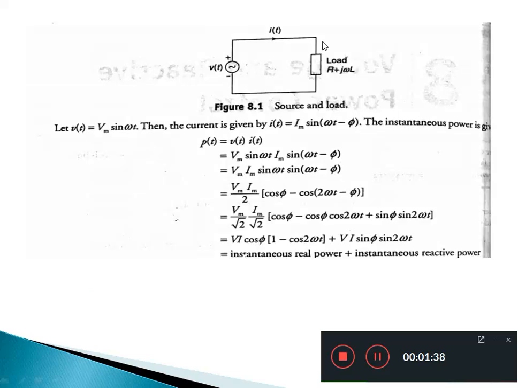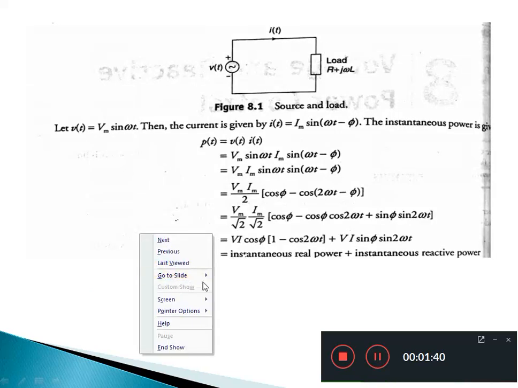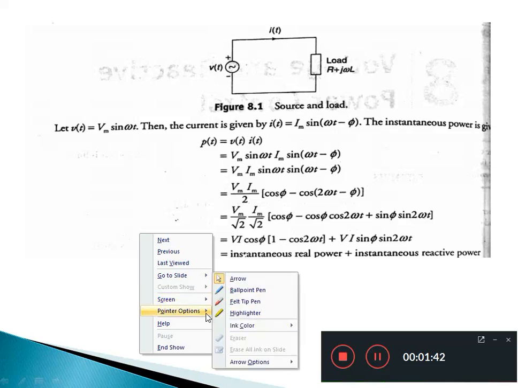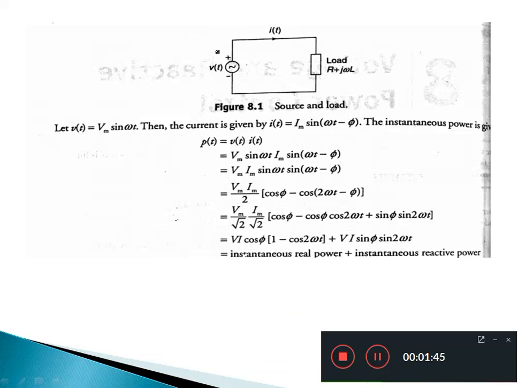So this is the pictorial diagram used for the generation of reactive power. Here there are two blocks, one is the source and the other is the load. Using this source and load circuit diagram, we have to write the power equation. Power is given by V into I, where V is Vm sin omega t, and I is Im sin of (omega t minus phi). That minus phi indicates a lagging current from the load. If the load is inductive, then the current is lagging in nature.